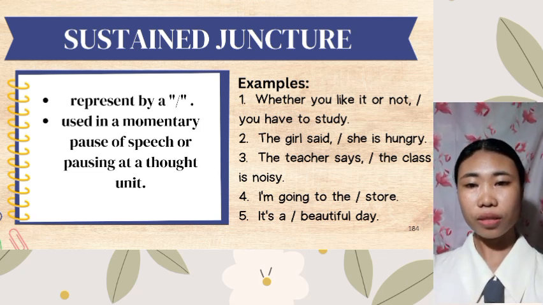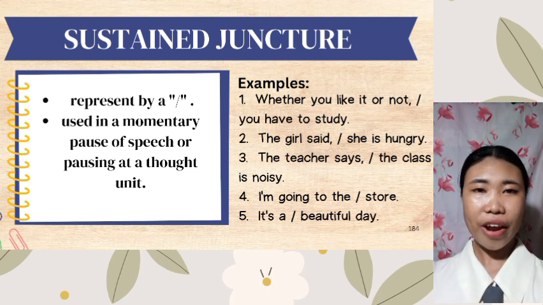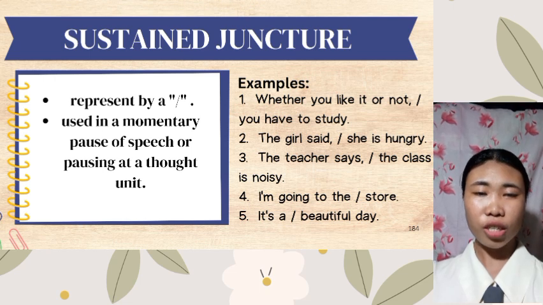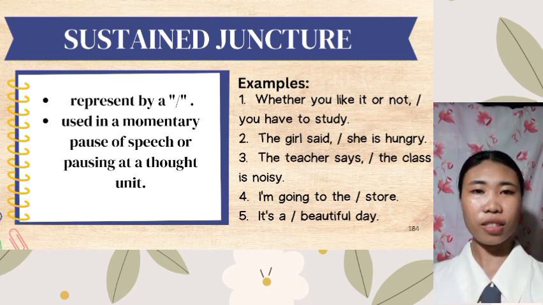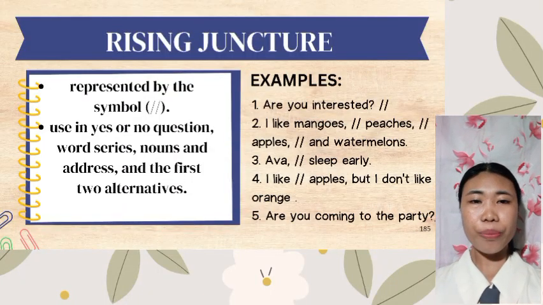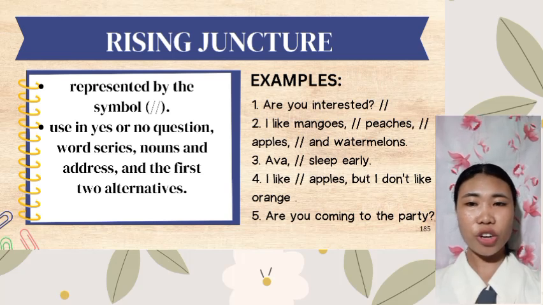Number 5, it's a beautiful day. The sustained juncture here is after the words it's a, separating the indefinite article from the adjective and emphasizing the quality of the day. The next one is rising juncture, represented by the symbol double slash, used in yes or no